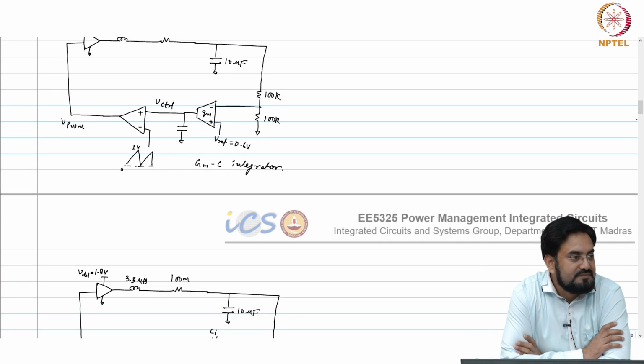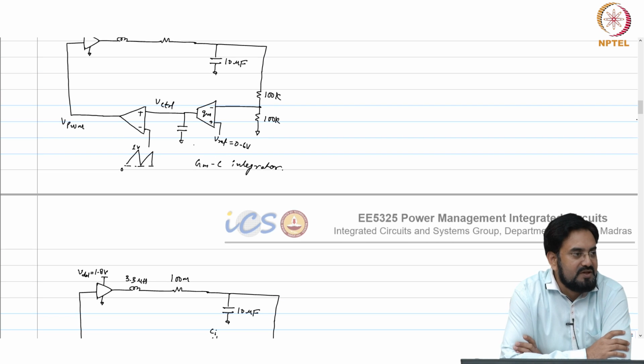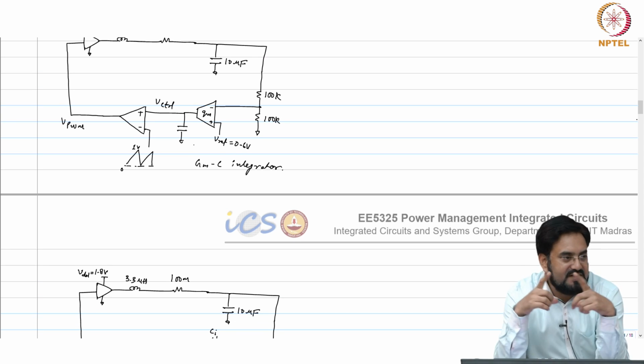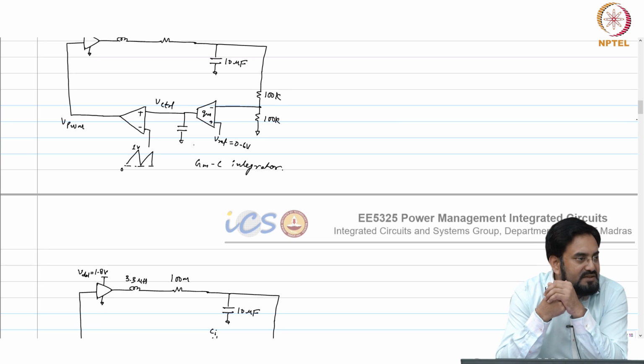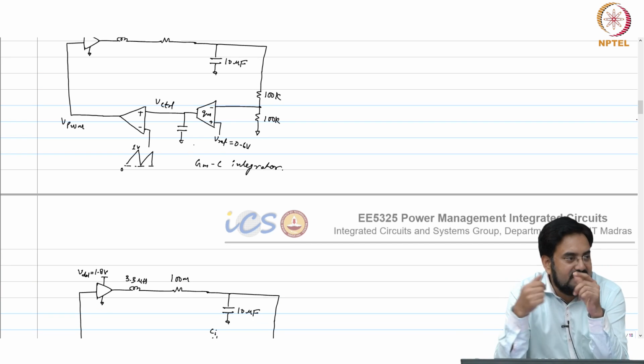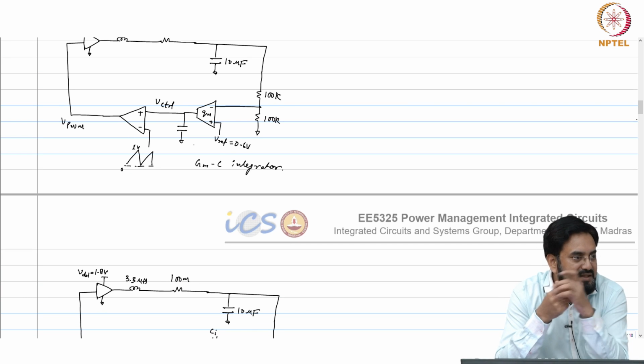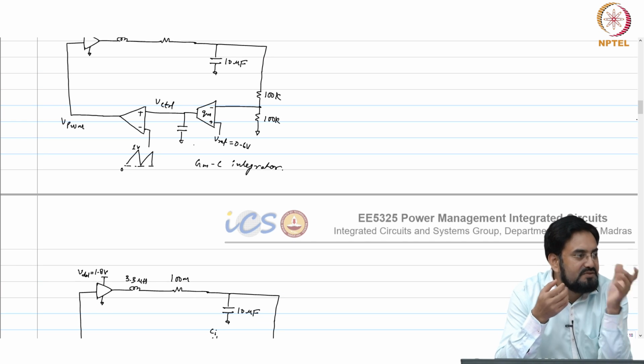What about offset? We talked about it, you need a large GM because any mismatch will introduce more input referred offset, okay, because if you have a differential stage, your current is nothing but GM times V in. If GM is very low, any mismatch in the current will get reflected into V in, and that V in will be large in that case because GM is very low. So, even a small current mismatch can introduce a large offset.